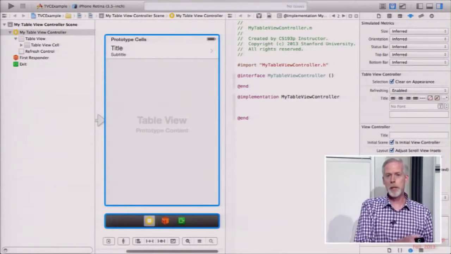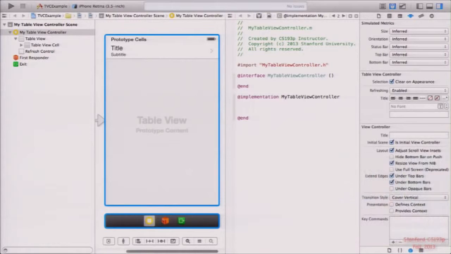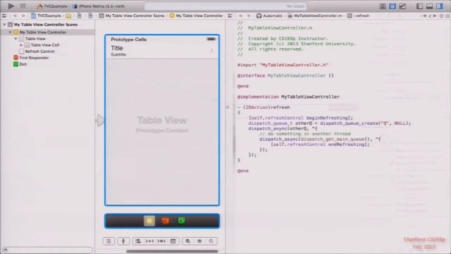Now, it only shows up in the document outline because it doesn't really exist anywhere except for when it's animating. So that's the only place that you can see it. But you can control drag from it into your table view controller, right? And put some method there that forks off some thread on another queue to go reload this table. And you just say begin refreshing at the beginning. And then once it's all finished loading, when you dispatch back to the main queue, you're going to say end